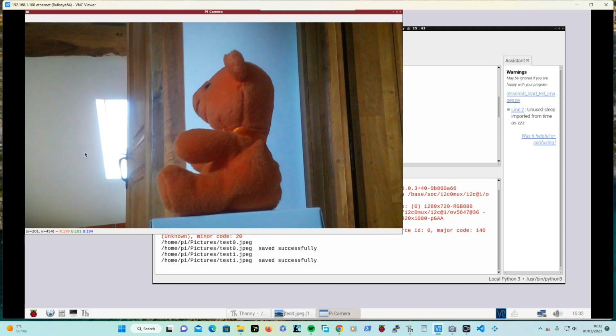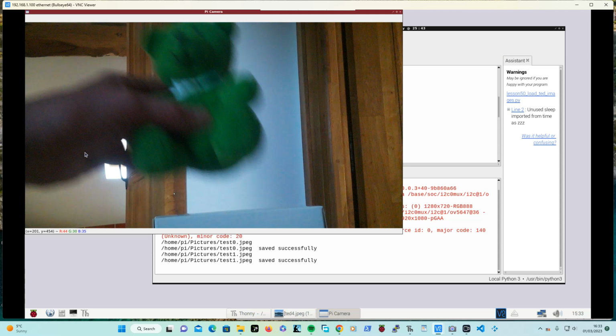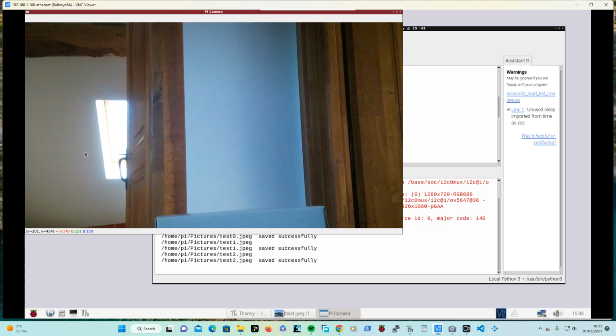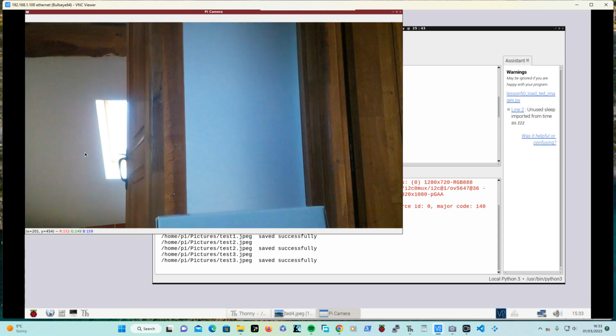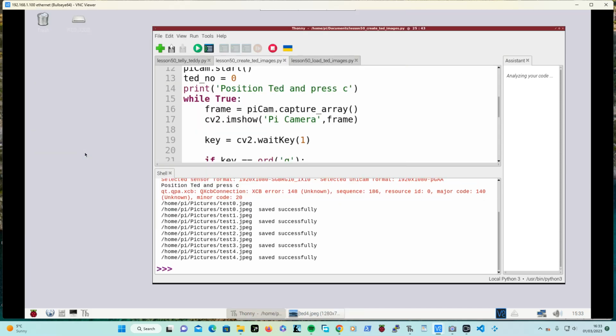C again. See, oh, little purple Ted wants to come in. See, he looks a bit more blue, and pink Ted. Right, 5 pictures for 5 Teds, and if you want to look at the pictures, I will just